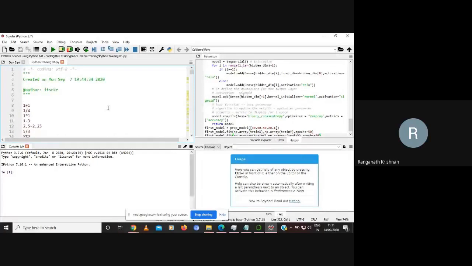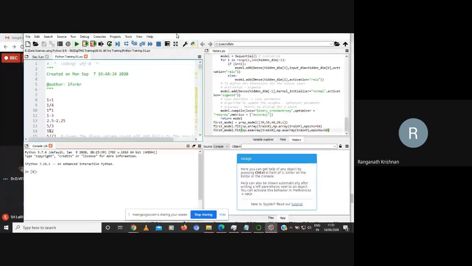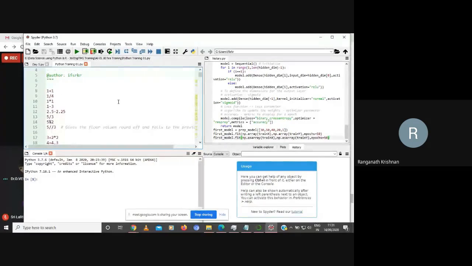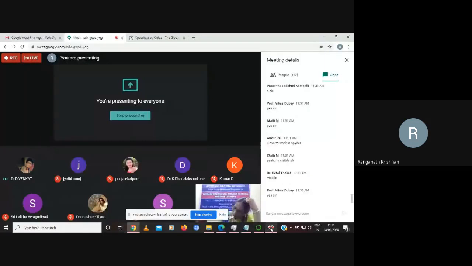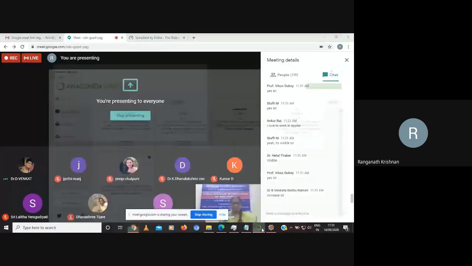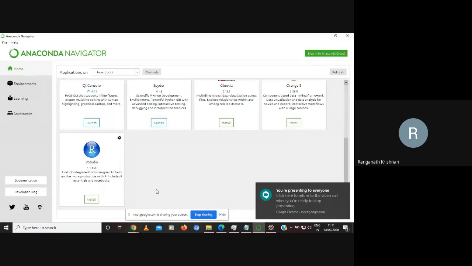Is the font better? I just tried to increase it. You show them how to open Spyder from the Anaconda screen. Doctor, please take care of the chats.